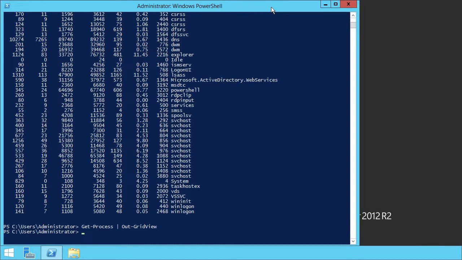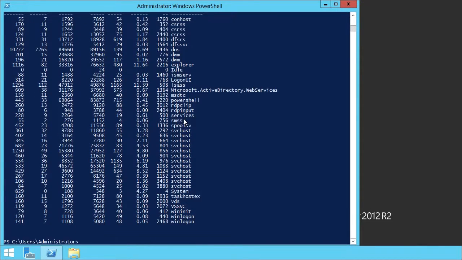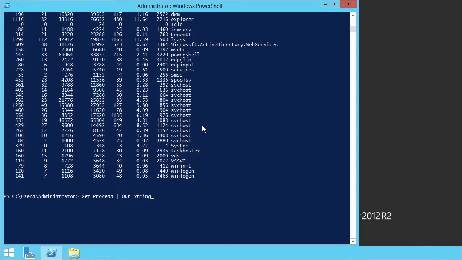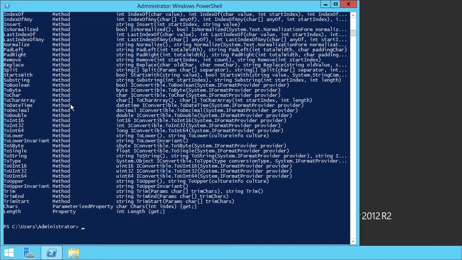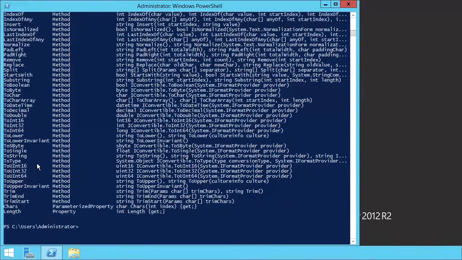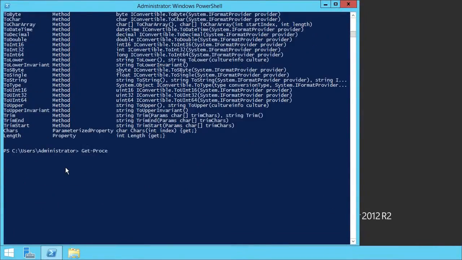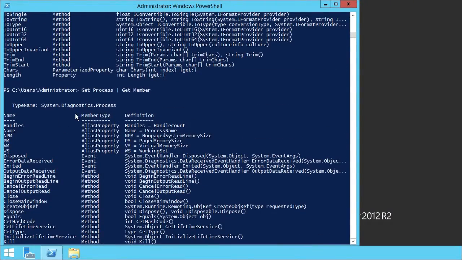The next thing is if I want to do a Get-Process and pipe this to an Out-String. This one will look exactly the same as it does when you run just Get-Process. However, it has changed. Now if I pipe this to a Get-Member, you will see that this is of type System.String, and all of the methods and properties that existed on those objects are now gone, and they've changed to what you can do to strings. So if I take a Get-Process and pipe that alone to a Get-Member, it is a completely different process object. It is of